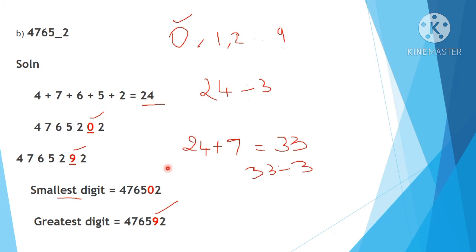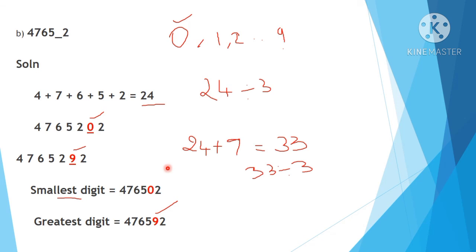So the first thing you want to check is the smallest digit, right? So we'll start with 0 because we have to check for 0, 1, 2 till 9. These are the digits we want to check. Smallest means we'll always start from 0. Greatest means we'll start checking from 9. So here smallest we are checking from 0. 24 is divisible by 3, so you don't want to check for other numbers. 24 plus 0 you are getting the answer 24, and 24 is divisible by 3. So what is the smallest digit you are going to write there? 0.